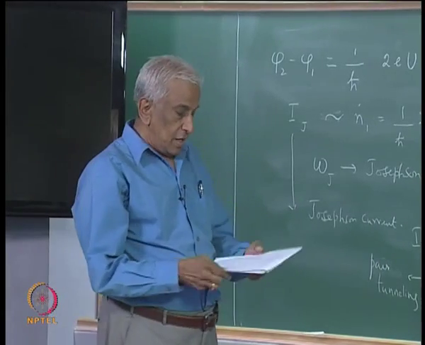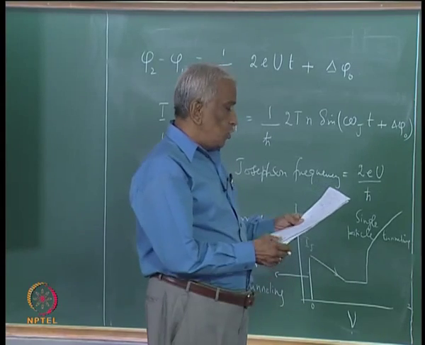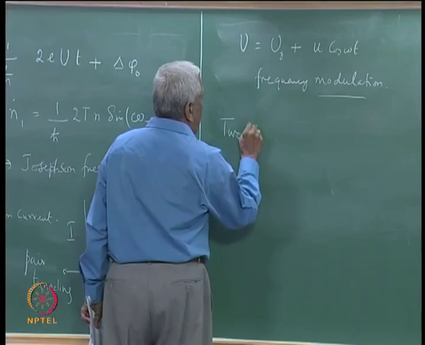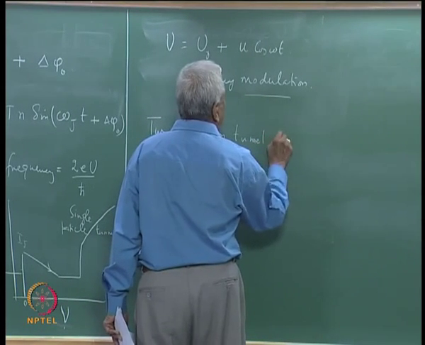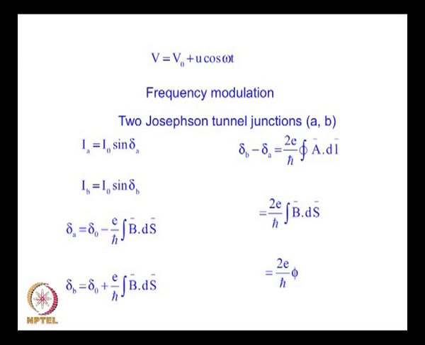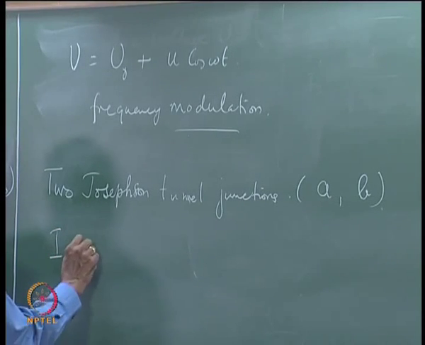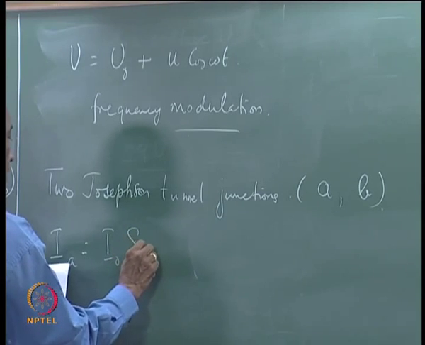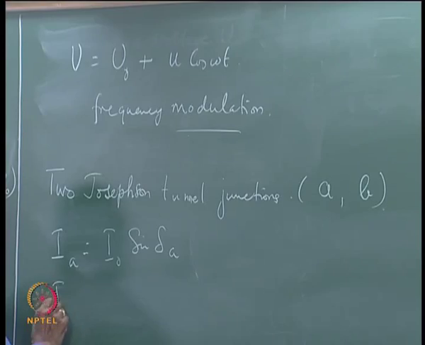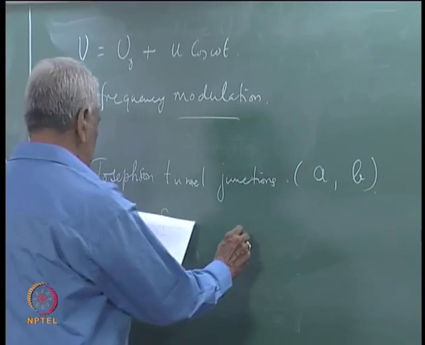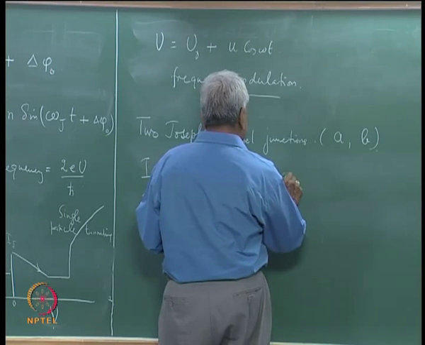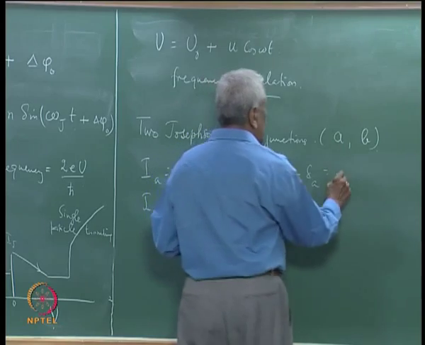And as I mentioned yesterday, the importance of the Josephson junction consists in the fact that you can use two Josephson tunnel junctions, which are identical, and let us call them A and B. Then following the original treatment, we can write I A is I 0 sin delta A, whereas I B is I 0 sin delta B, where delta B minus delta A is 2E by H cross